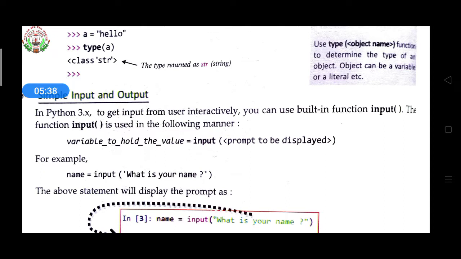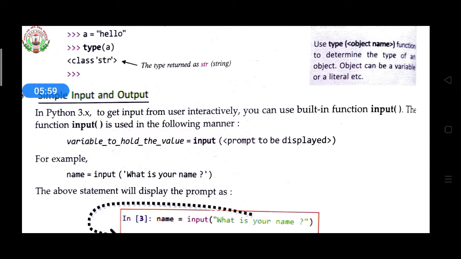So you have to call an input function. Under that input function, whatever question you want to write, you write it. Then after that, at the time of execution, you will get the question first. The first question, for example, while you are writing here input equal to what is your name.